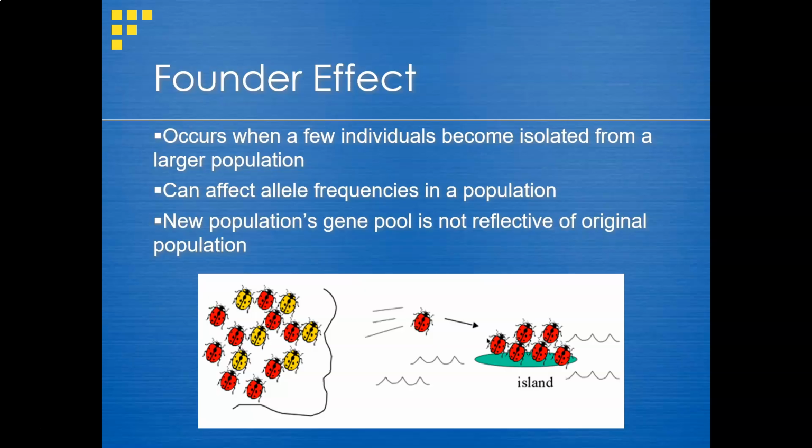Founder effect is another type of genetic drift. And so this occurs when you get a few individuals who for some reason become isolated from that larger population. And now within that small population, the ability for them to successfully reproduce really is just we hope we have the traits we need. And so this can happen in things like tectonic shifts, islands getting separated like you're seeing here in the picture.